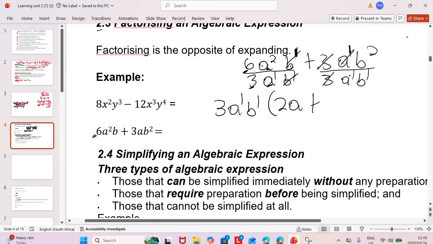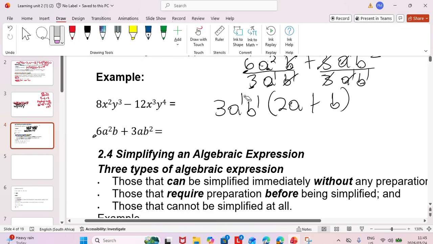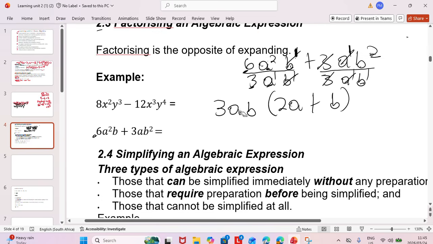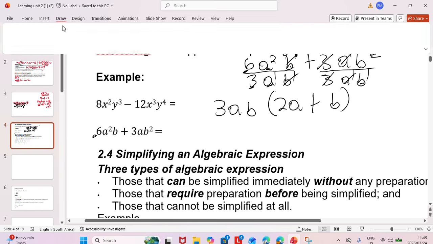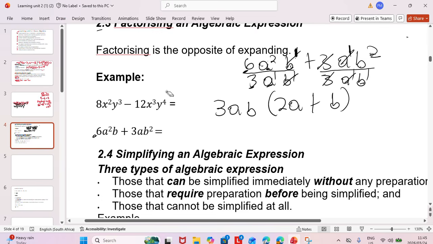a, numerator, denominator the same, cancel. How many b's do we have? 2. You take away 1. You'll be left with b to the power of 1. Okay? So on your side, guys, the only thing that you need to do on your final answer is to remove the invisible ones, and then you are done factorizing. So please practice